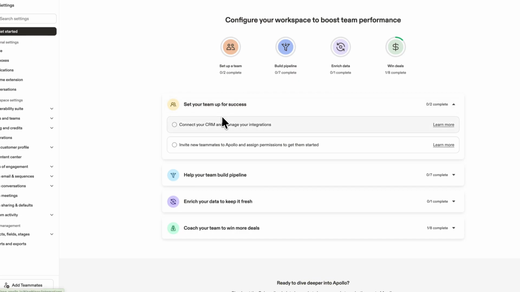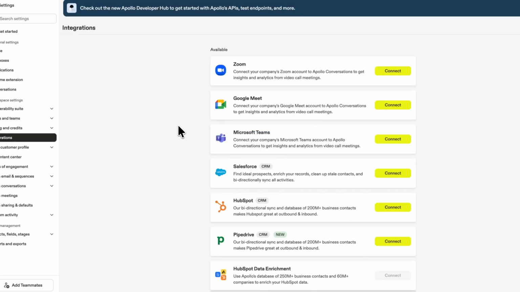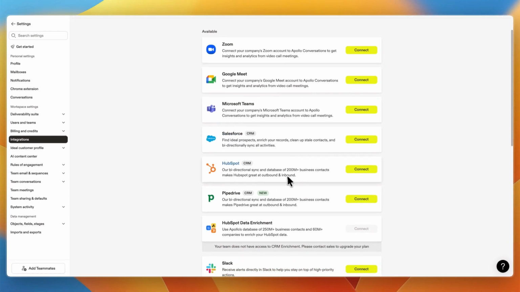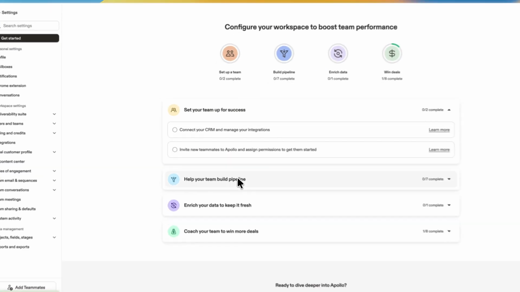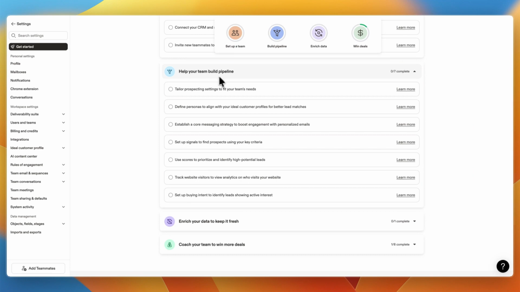So first, set up your team for success. You can connect your CRM. So if you're using an external CRM such as Salesforce, HubSpot or Pipedrive, just go and connect those. Next, you can invite your teammates. If you have them, you can go and do this. If you don't, you can skip this one. Then next you can help your team build the pipeline, but I'm actually going to show you how you can